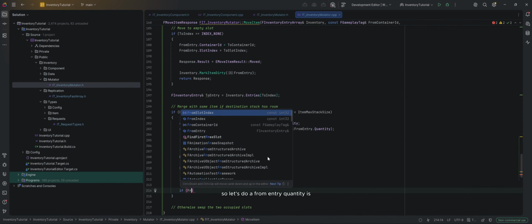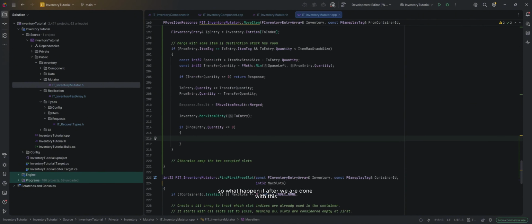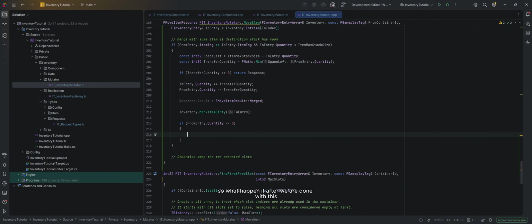So let's do a from entry quantity is less than or equal to 0. So what happened if after we are done with this, so let's say we had 2 stacks of 5 potions, we drag one on top of the other. So now we have one single stack of 10, right? So our from entry, which was initially a stack of 5, that has now merged to the other one, its quantity is now 0, right? So we took 5, put it on another stack of 5. So now our 5 has gone into the other stack. So what we need to do is